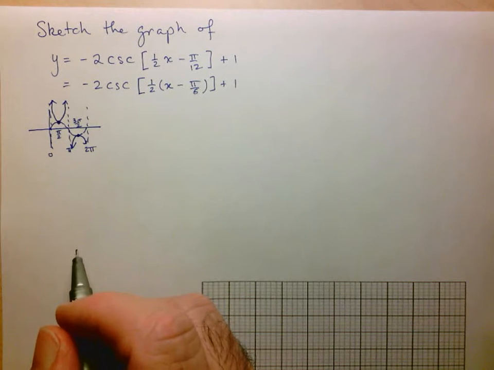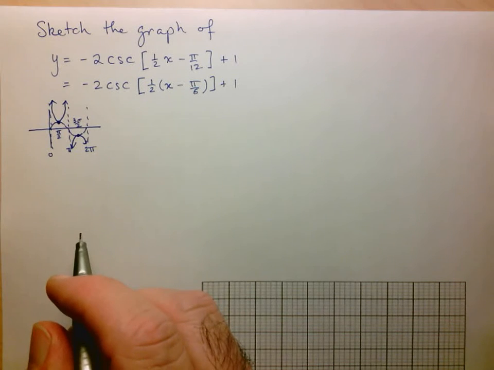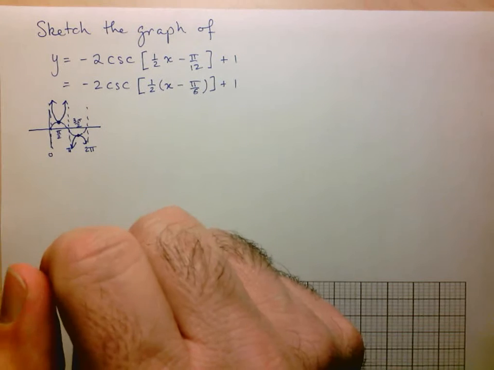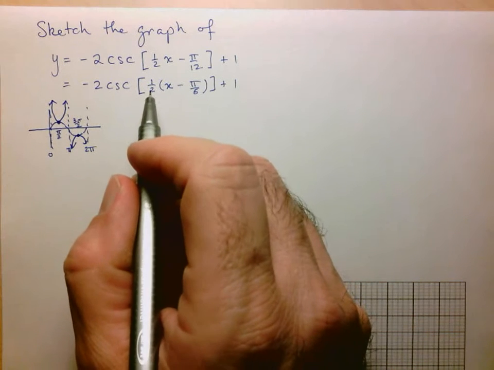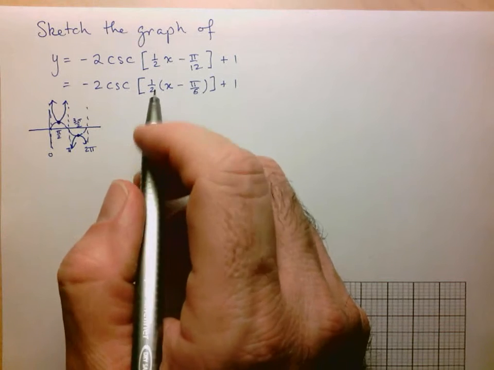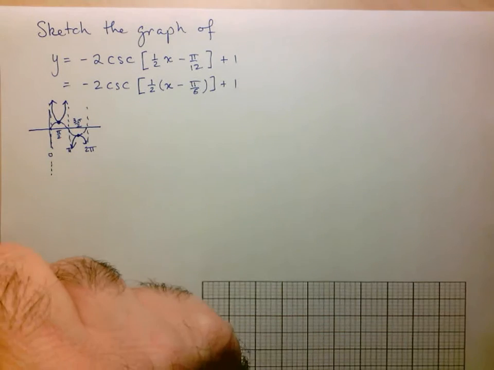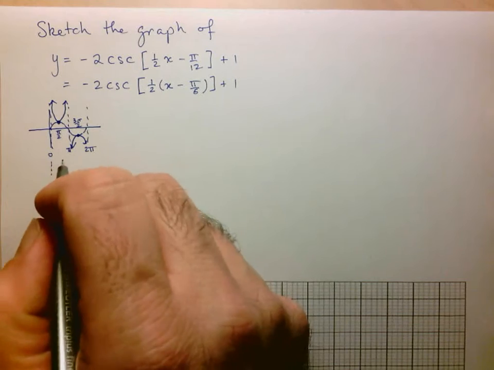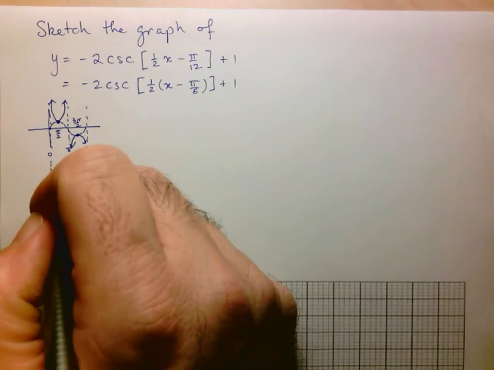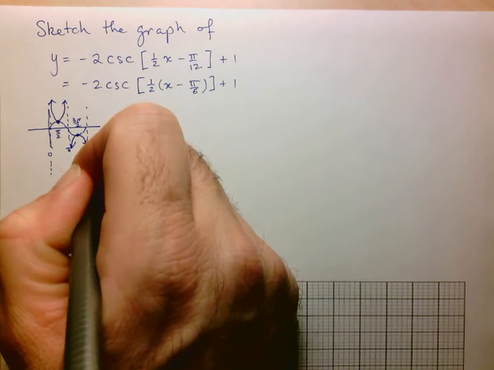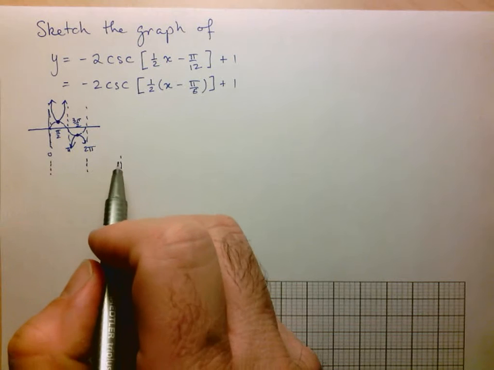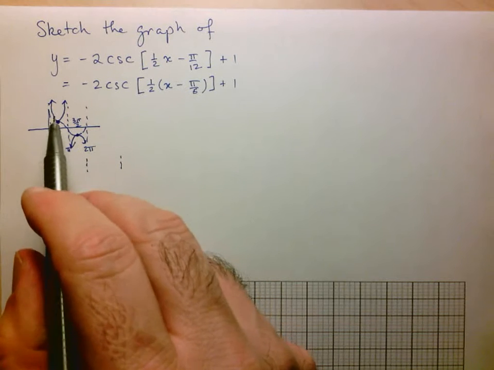First thing I'm going to do is figure out where the asymptotes are going to be. Let's take a look at what's going to affect the asymptotes, and that's going to be the horizontal transformations. Here I see this multiple of 1/2. That means I'm going to have a stretch by a factor of 2. So instead of asymptotes at 0, pi, and 2 pi, everything's going to get stretched out horizontally. I'll have asymptotes at 0, 2 pi, and 4 pi. Notice here how I need 3 asymptotes because I want to be able to draw at least one full